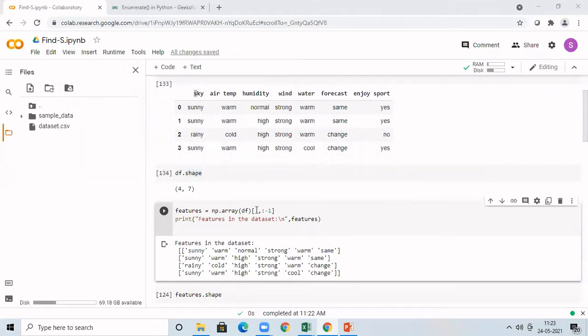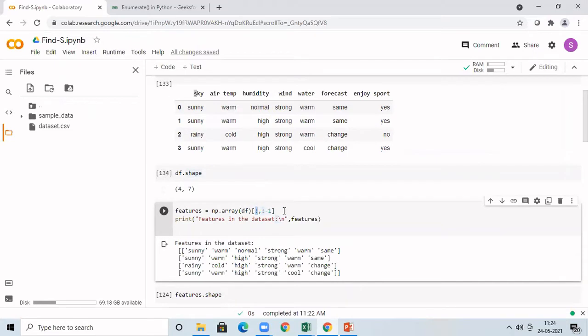So I am giving the first detail as simply colon. It will extract all the rows. Then you have to tell the second parameter as how many columns you want. So in the slicing, I want all the columns other than the last column. If you know that you have 5 columns, you can clearly give it. But sometimes we don't want to take that risk. We want to say that you just remove the last column, keep all the remaining columns irrespective of the count, whether it is 20 columns or 100 columns, you keep everything.